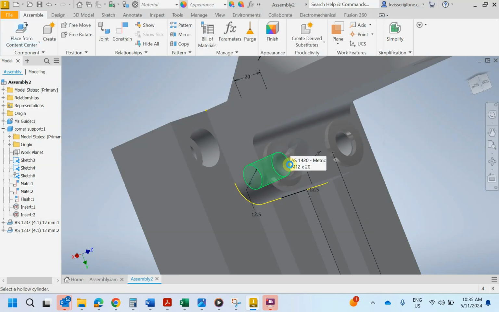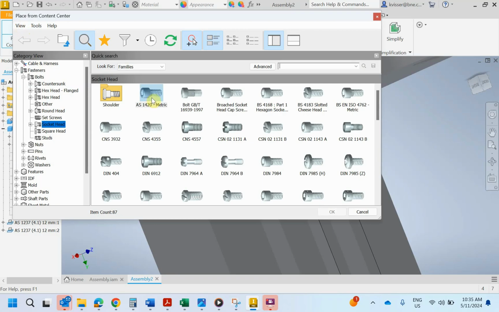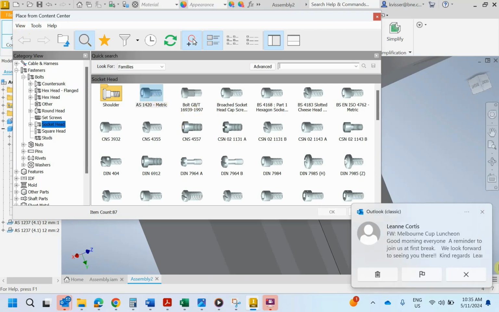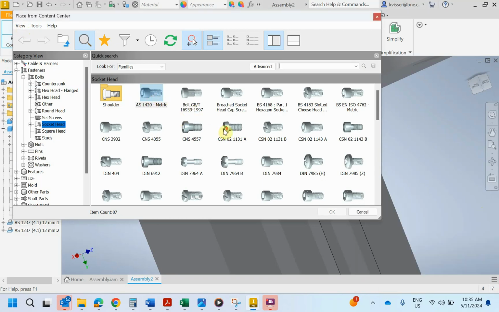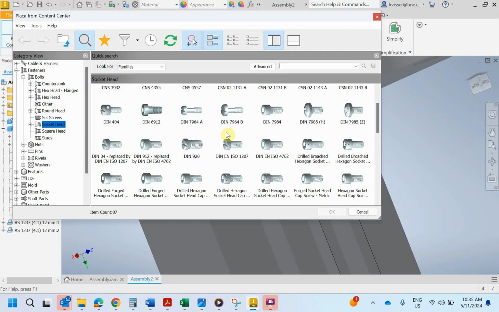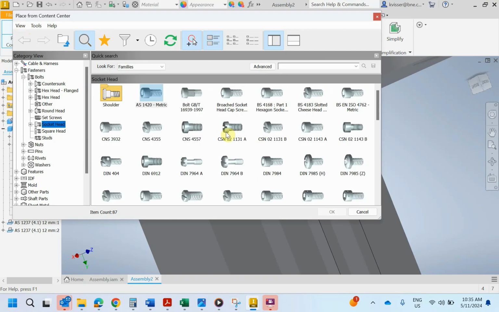Oh, I don't know if that's the right one actually. No, AS 1420, I'm not sure what the 1973 is. I'm just going to go back into here. So, I'll have a quick look for it. But if you get stuck with any of this stuff, I'll just go up into the search and I'm going